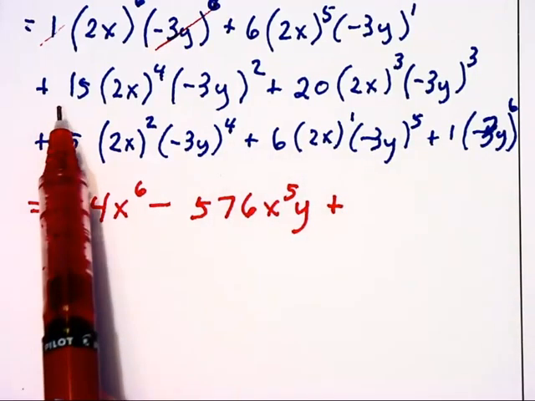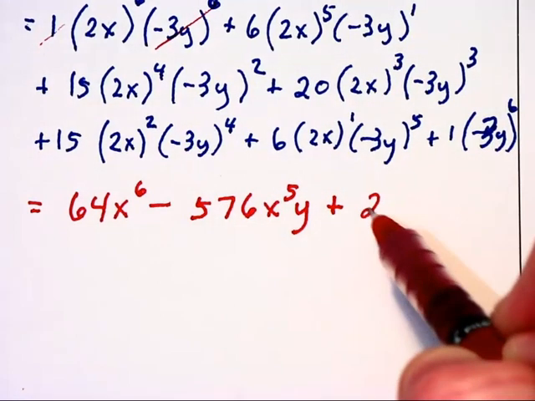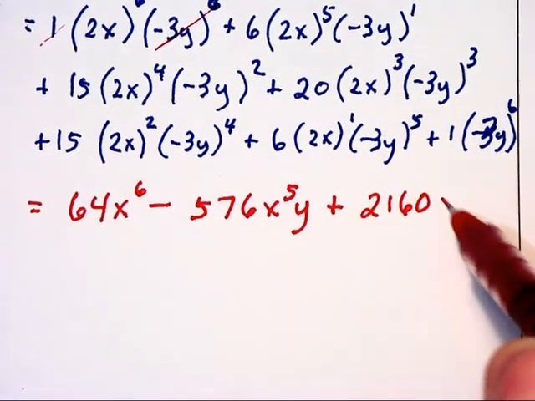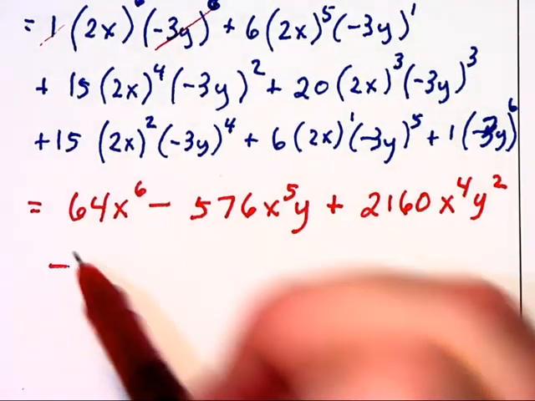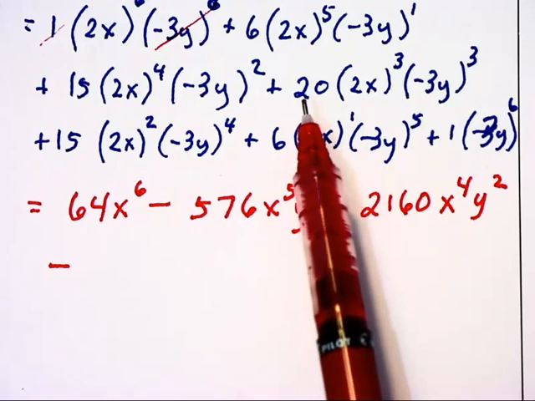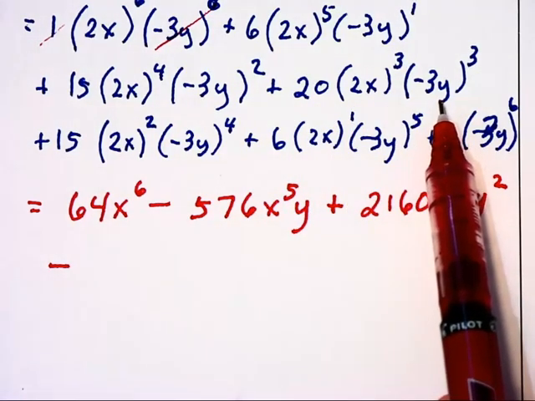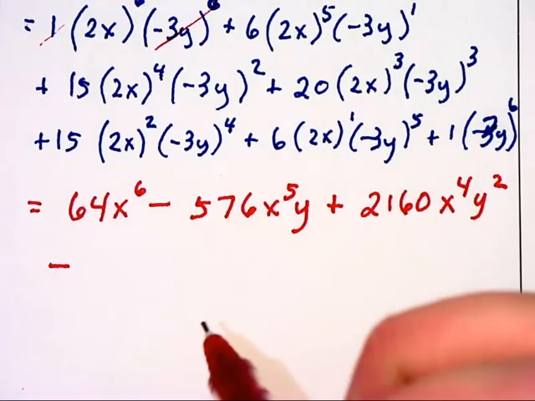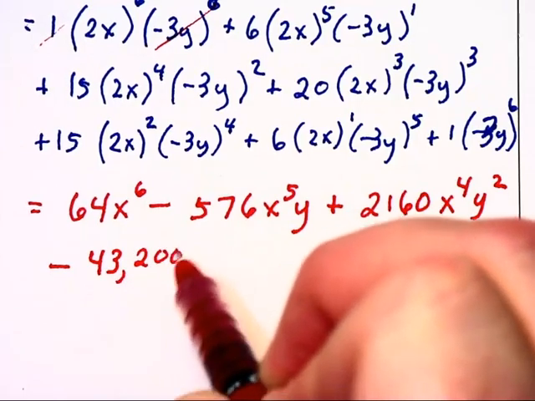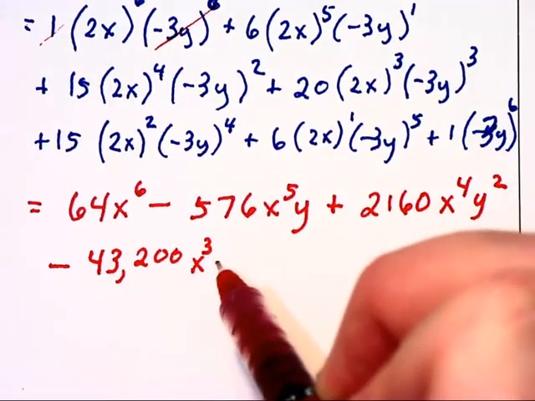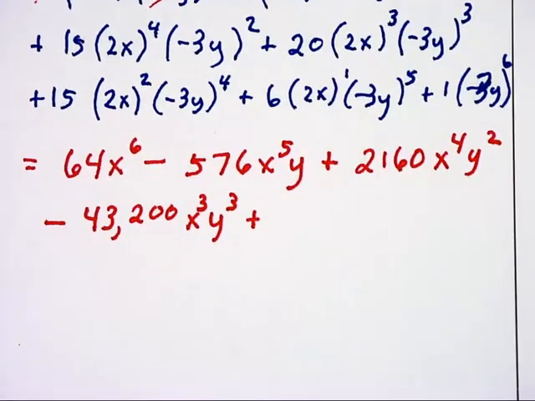plus 15 times 16 times 9, which is 2160 x to the fourth y squared, minus, this becomes 20 times 8 times negative 27, and that's going to give us 43,200 x to the third y to the third,